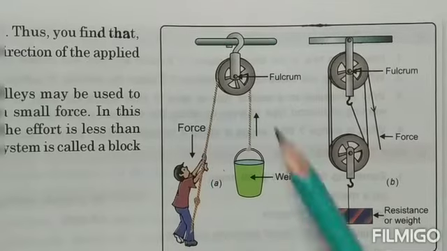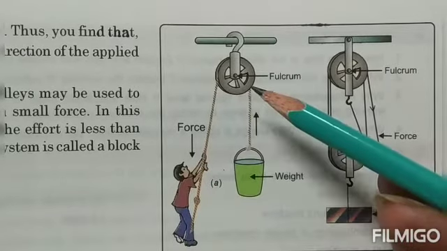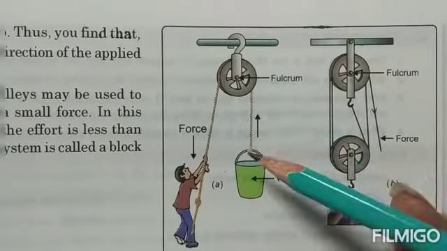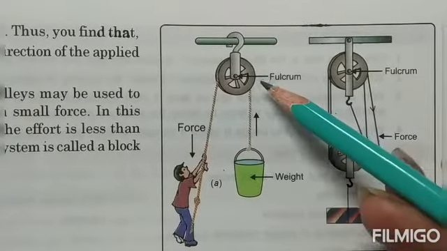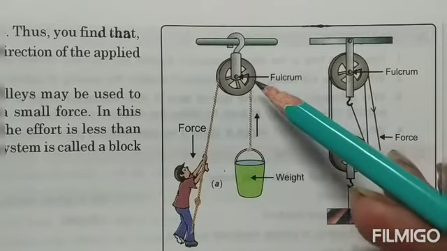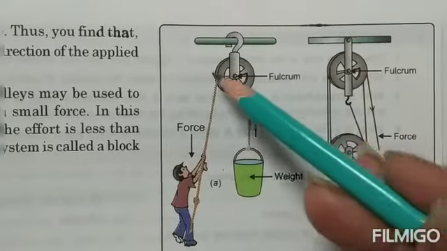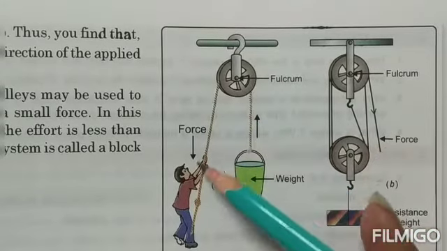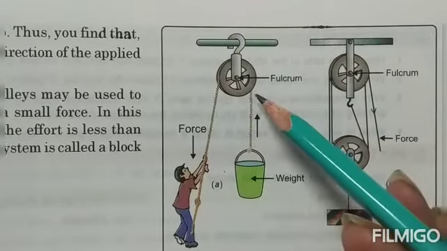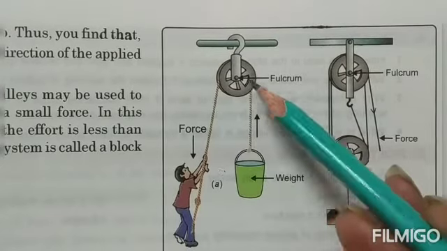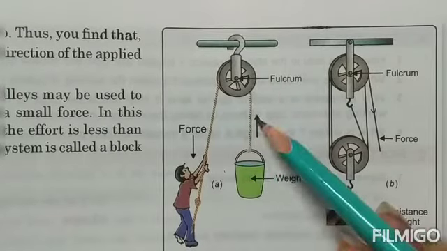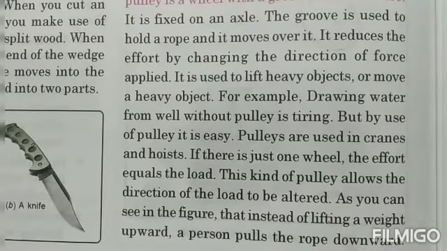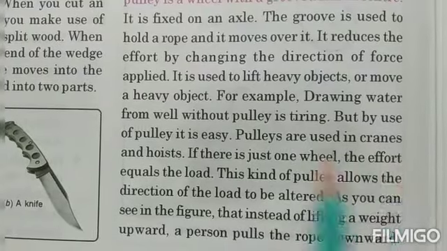But had he to pull the thing from here, if he is holding the rope from here and he is pulling, children, he will exert a lot of pressure and he will not be able to lift up the load very easily. So the pulley does not do anything. It only changes the direction in which the effort is being applied. The effort which would have been applied over here is actually being applied over here. So the change of the direction is what the pulley does for us. Pulleys are used in cranes and hoist.